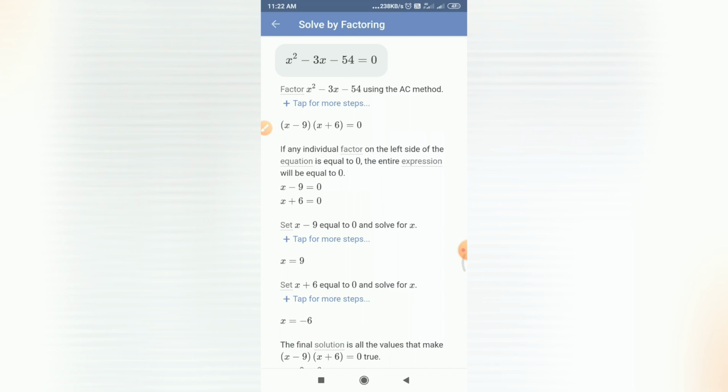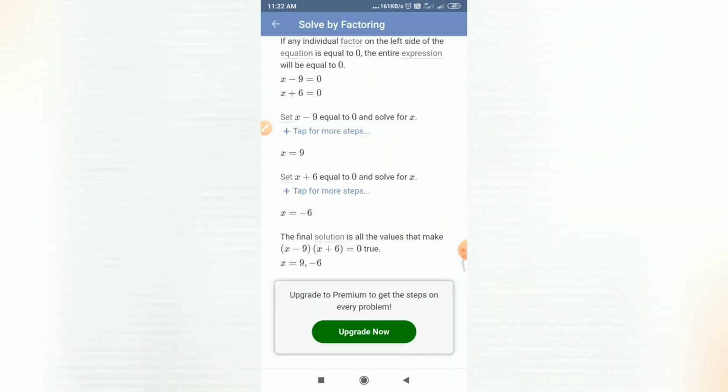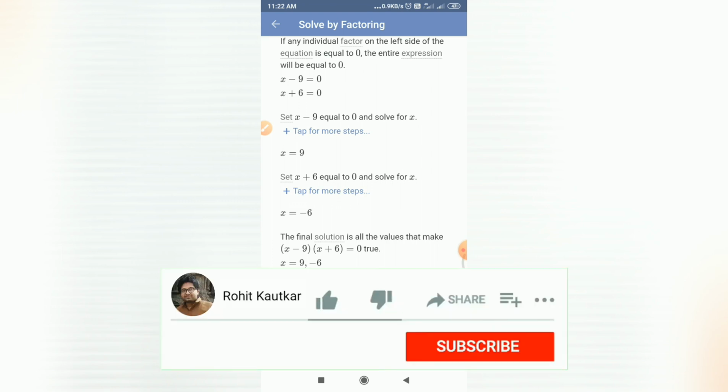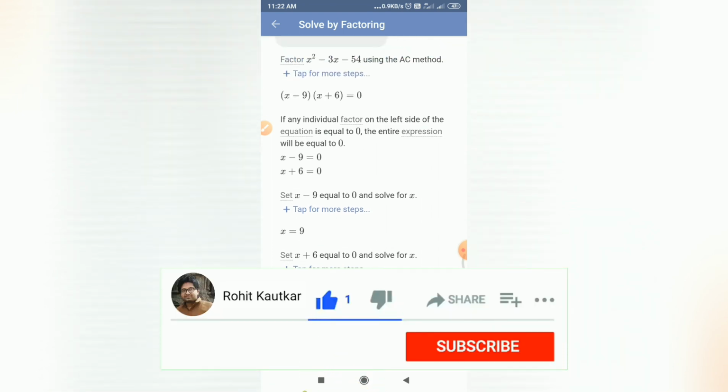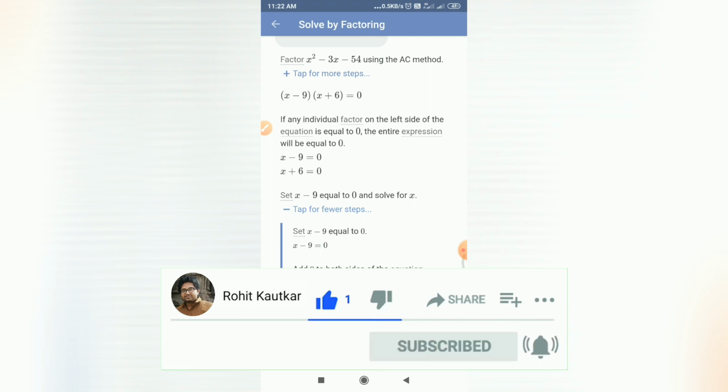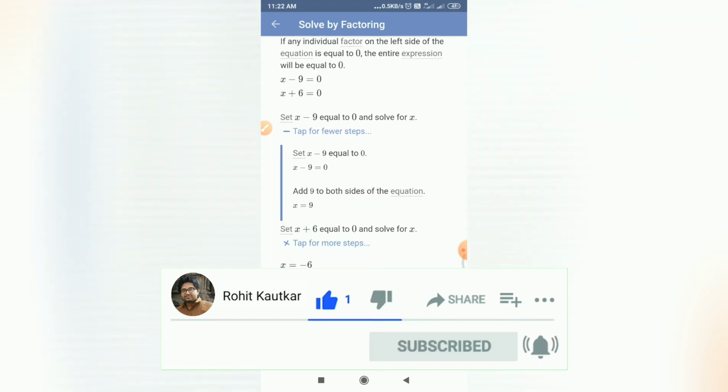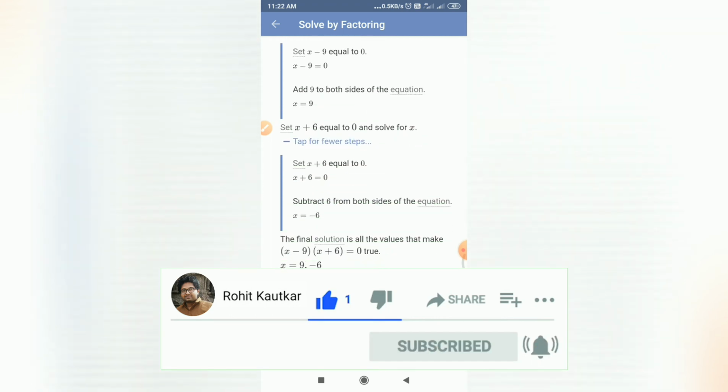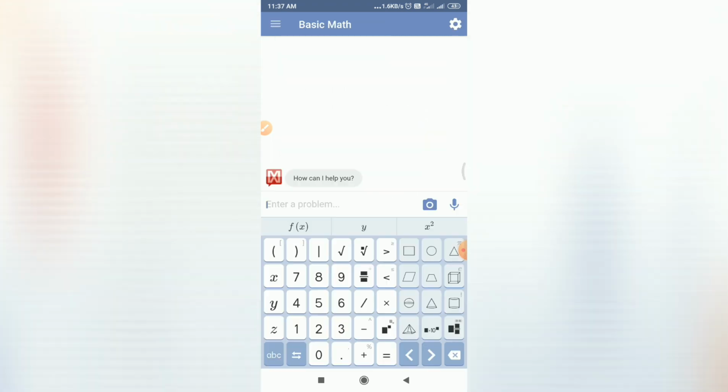Now you can see the detailed steps to get the answer x equals 9 and minus 6. If you want to go into more detail, you can tap for more detailed steps as well. It will show you all the detailed steps.